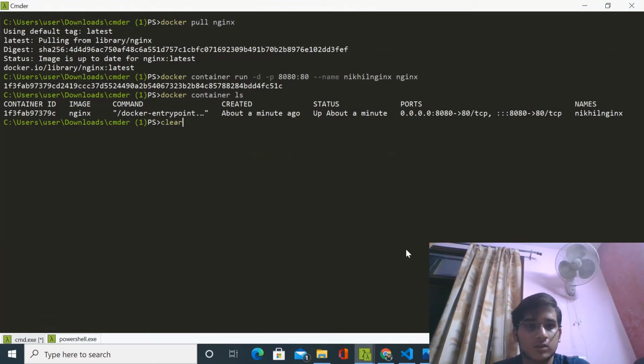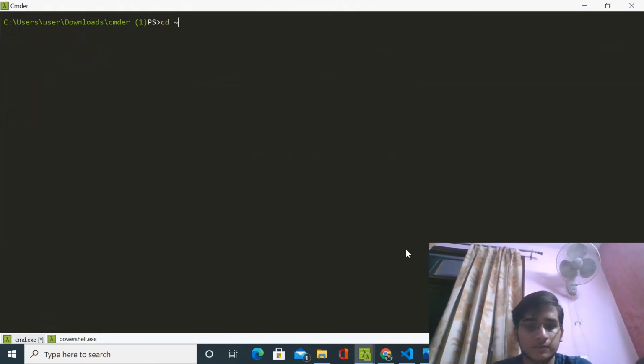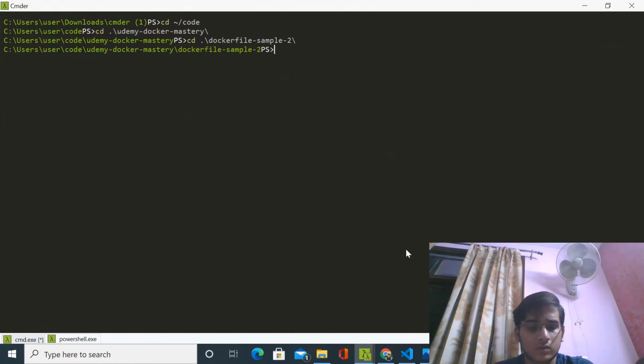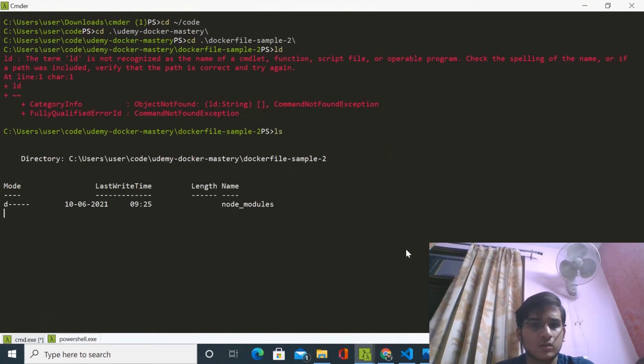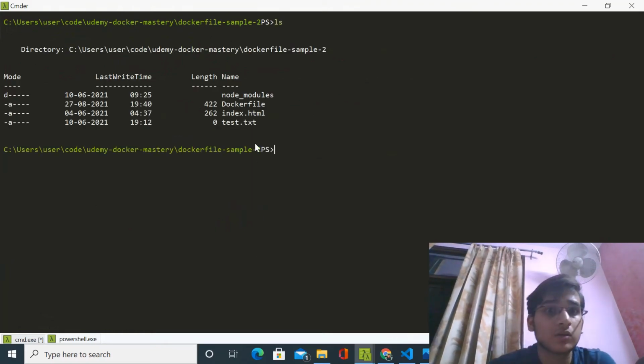So I have to first enter that folder. So we can see we have this Dockerfile here.